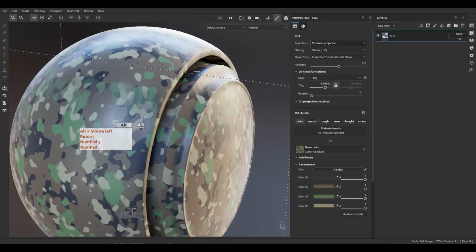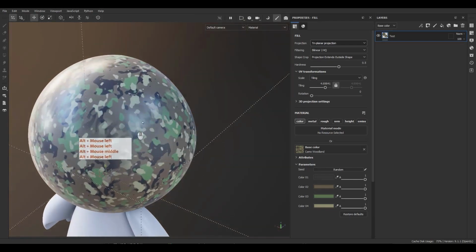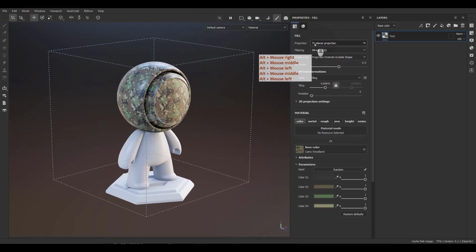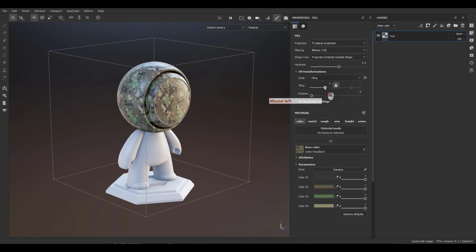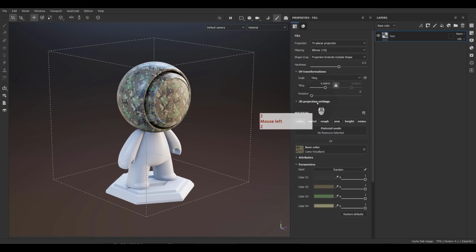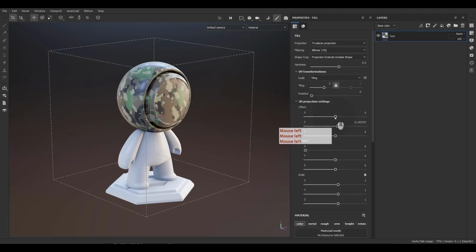And in this way, we cannot detect the seam itself, but we can see some mess in here. Okay, how can we control the triplanar? We can control it with the UV transformation like tiling, as you can see. We can control the rotation, and we can even control the box itself with the 3D projection settings like offset,